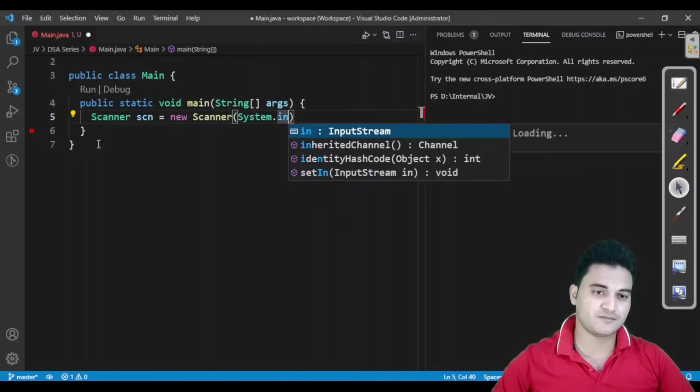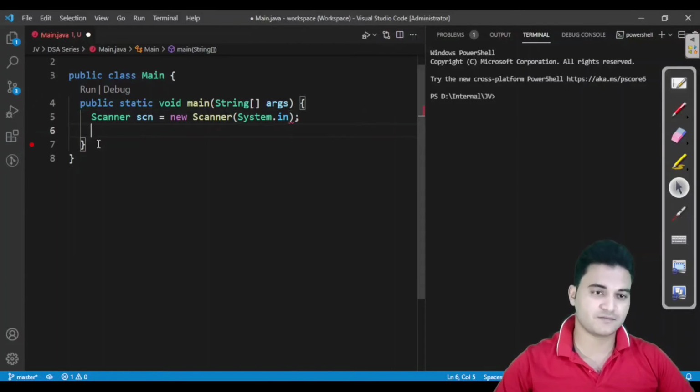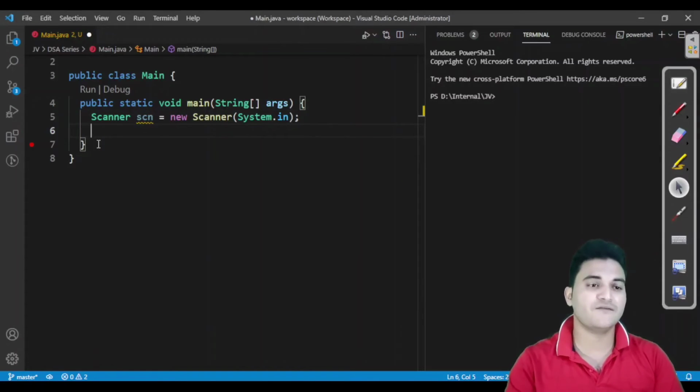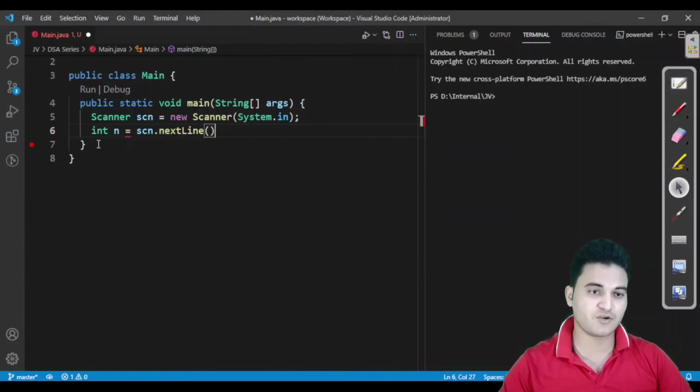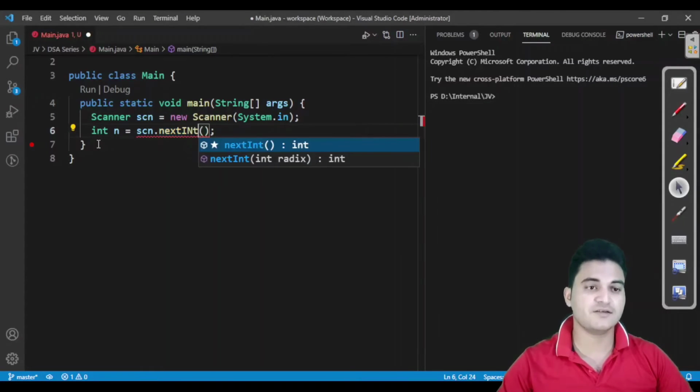And after that, I will have to declare a variable for the length of the array, and the length of the array would be taken from the user. I want to make the program dynamic, and here I will have to take nextInt.